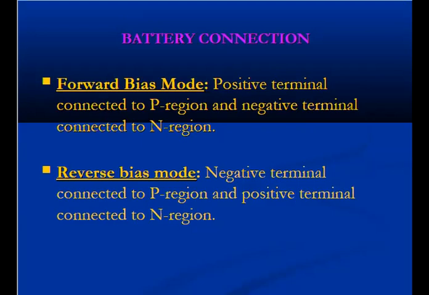As the positive terminal of the battery is connected to P-type, the holes are repelled by the positive terminal of the battery and move towards the junction. Hence the depletion region reduces as the voltage increases. When the applied voltage is greater than the barrier potential, the holes in P-type get enough force to cross the potential barrier. Hence the PN junction diode acts as a short circuit, that means a conductor, only when the applied voltage is greater than the barrier potential. When forward bias occurs, it acts as a closed path, so the current passes through the circuit.